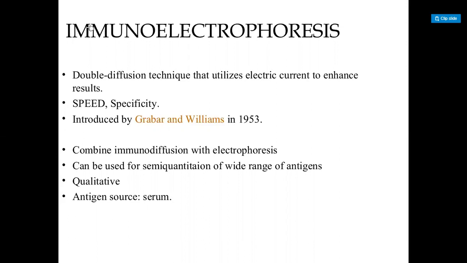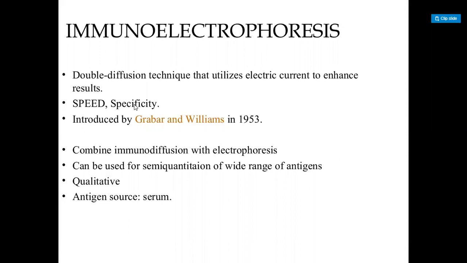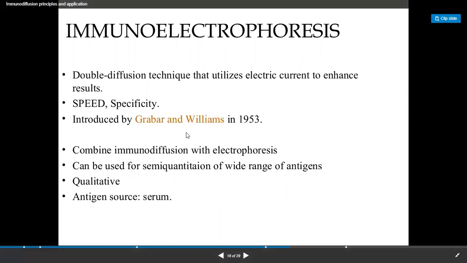So what are the advantages of immunoelectrophoresis? Immunoelectrophoresis is very speedy and really very specific. It is the combined action of immunodiffusion and electrophoresis.